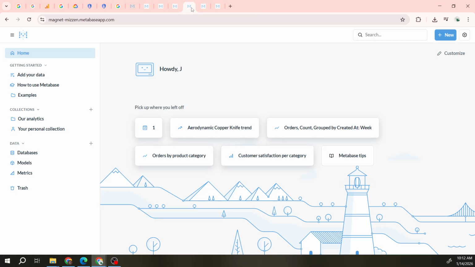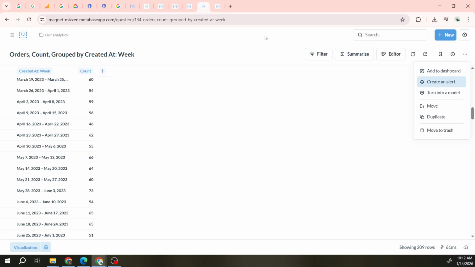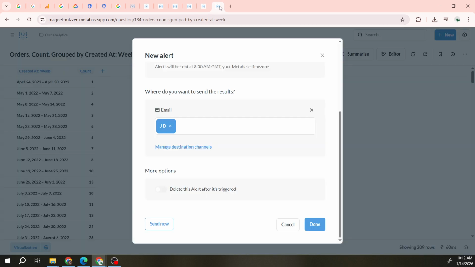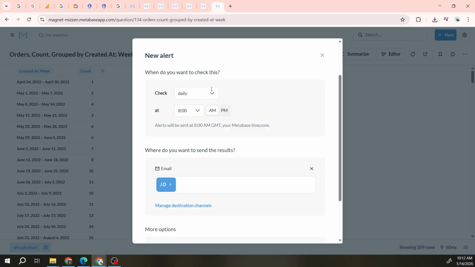Finally, let's create an alert on a question. Open or create the question you care about and be sure it's saved. Click the three dots in the top right of the question and select Create an Alert. Choose the alert condition available for your question type, for example, when a value crosses a threshold or when results